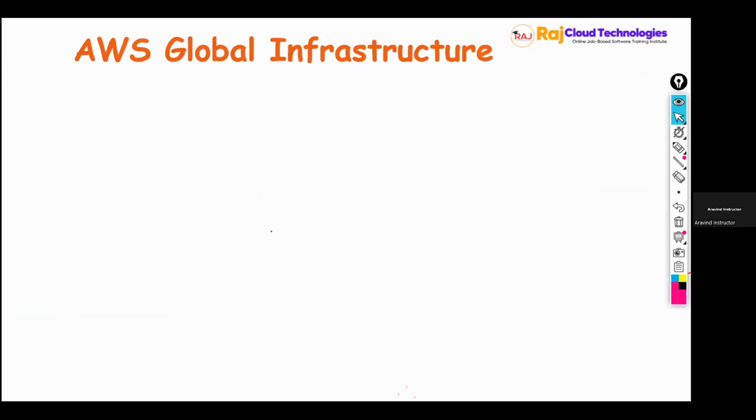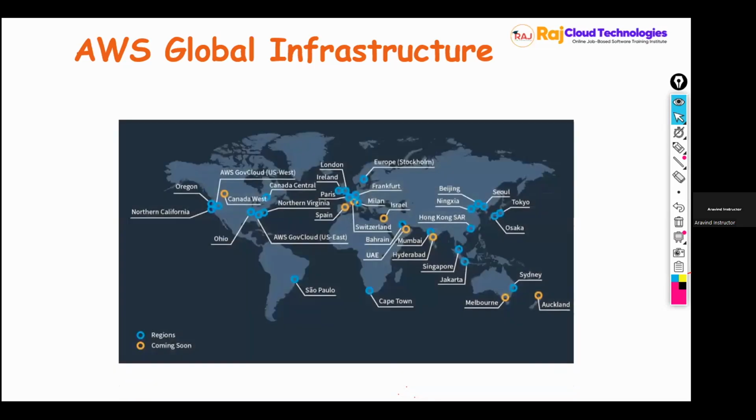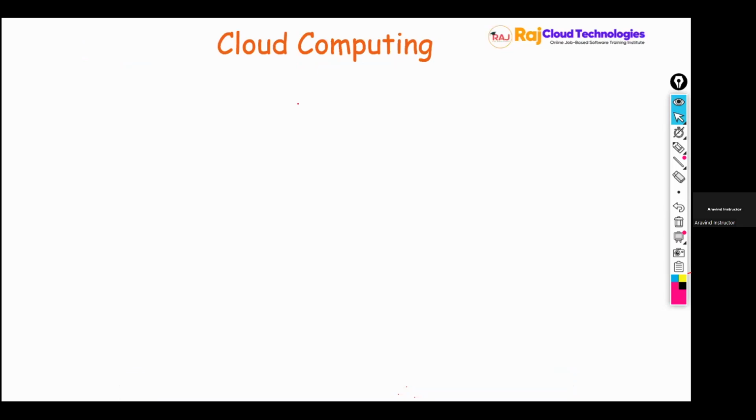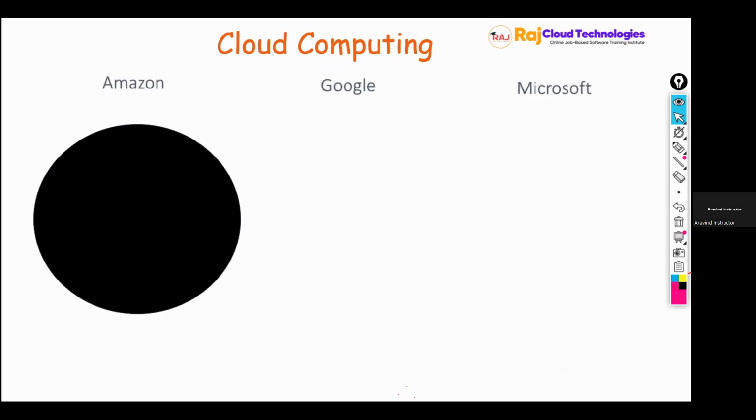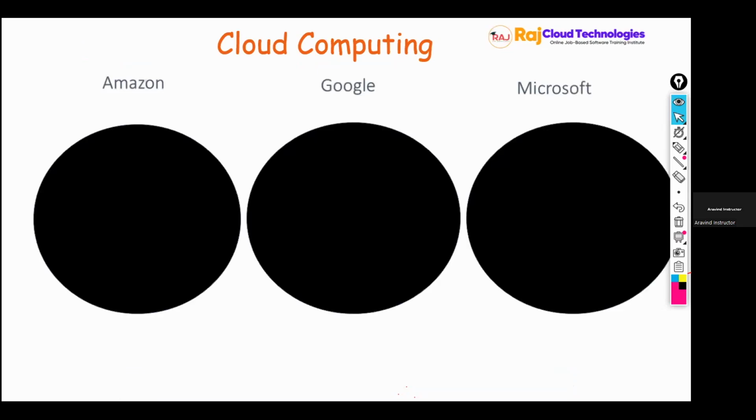So you let us know what kind of infrastructure you need. Arvind is asking Amazon company, I need 100 servers. Can you give me 100 servers? Then what will AWS do? Yes, Arvind, we will give you whatever you ask. Not only Amazon company, even Google and Microsoft have data centers across the globe. Amazon has data centers across the globe. Google also has data centers across the globe. Microsoft also has data centers across the globe in different parts of the world.